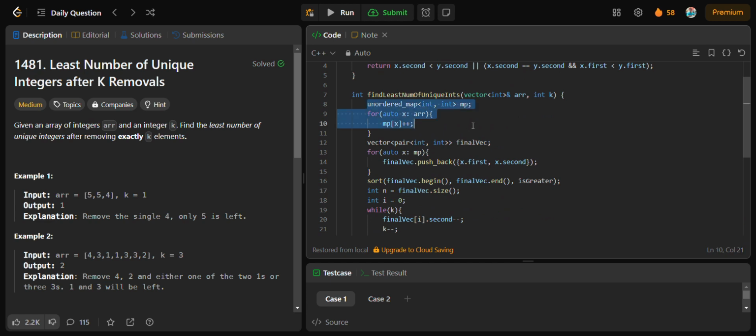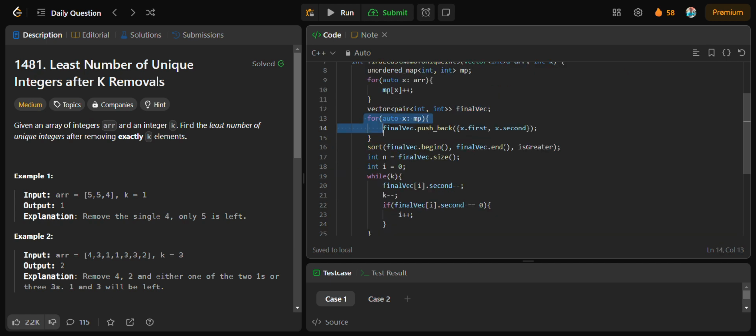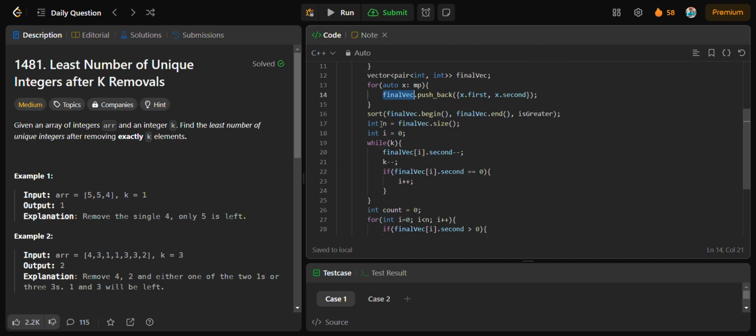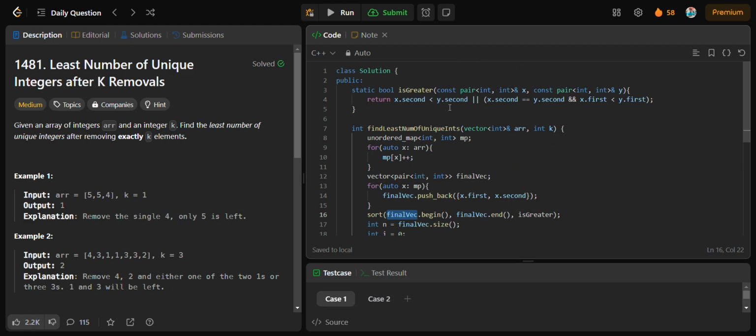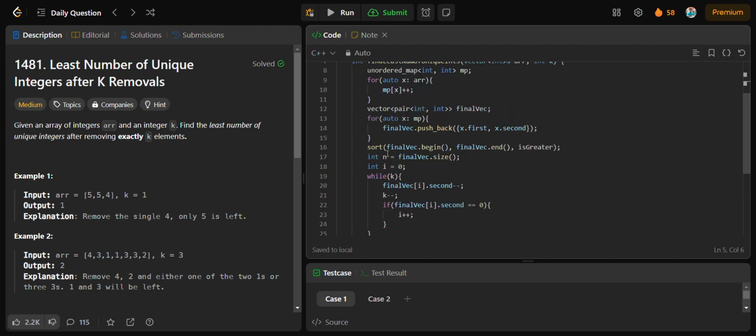Here first of all we are creating an unordered map and populating it, then we are storing the first and second value of the map inside a vector of pairs called finalVec, inserting these values x dot first and x dot second of the map inside finalVec, and after that we are sorting this finalVec based on the second value that is present in finalVec in increasing order. So x dot second less than y dot second, so it is an increasing order, and after